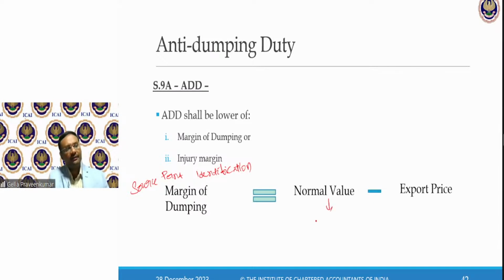What do you mean by normal value? The goods which are sold in that particular nation. That I compare with export price. In the given laptop example, $500 is the normal value and export value is $420. The gap of $80 is called margin of dumping.